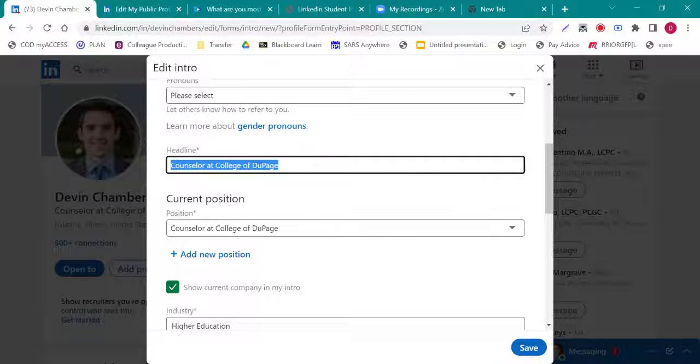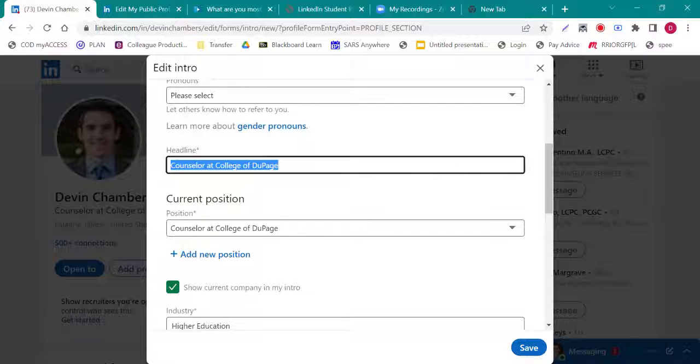I've seen things like digital strategic marketing expert, and then some award that they got last year for some association for marketing. So sometimes people will put just a general one, and this can be helpful if you're considering